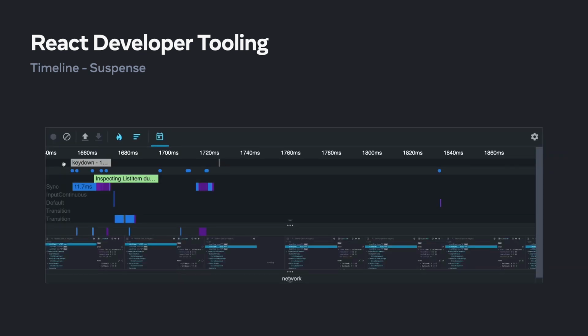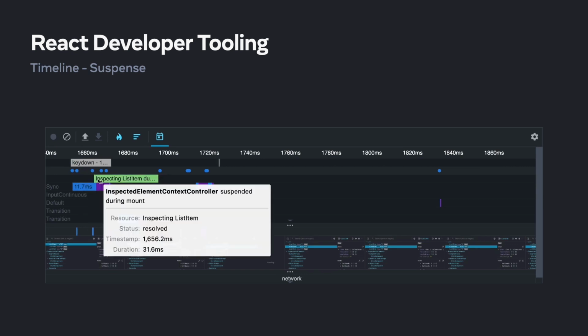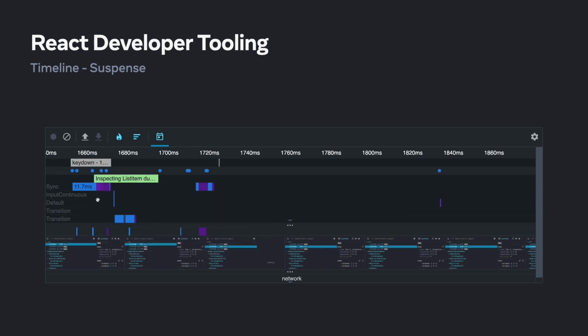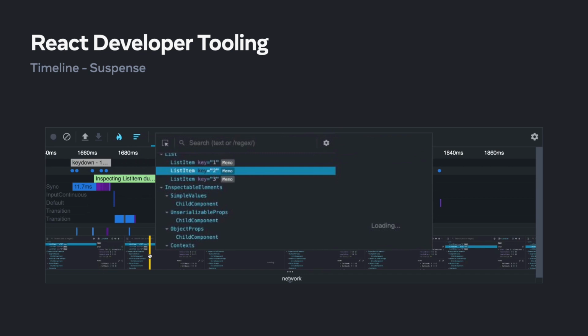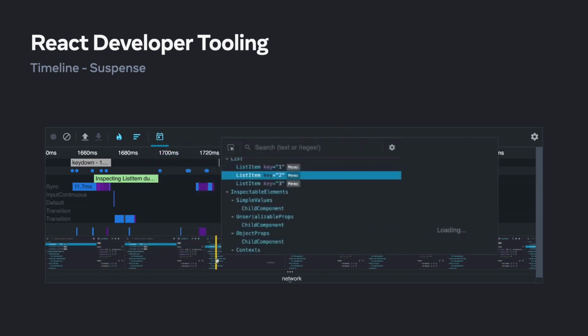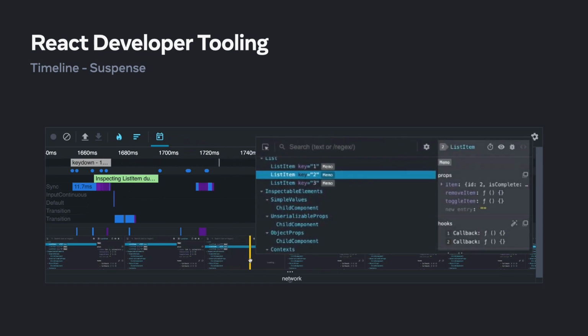Here's what that looks like in the timeline. When we select a new component in the list, it schedules an update with React. Then, during render, DevTools suspends while it fetches the component's props and state. Looking at the screenshots below, we see the selection change, and a loading fallback is shown on the right-hand side. Then once the data finishes loading, the props and state are shown in its place.